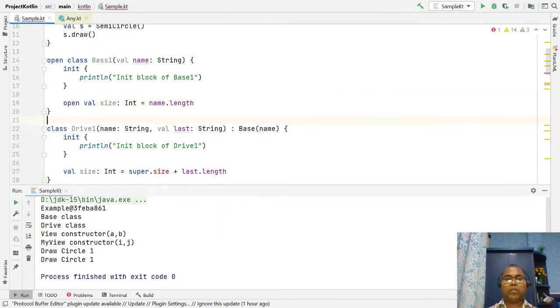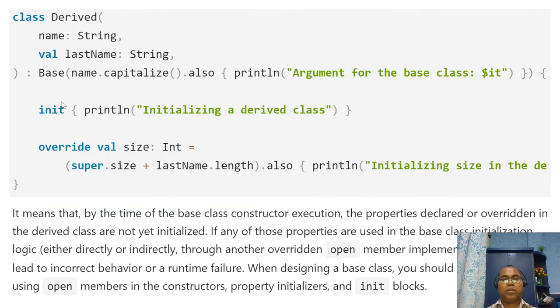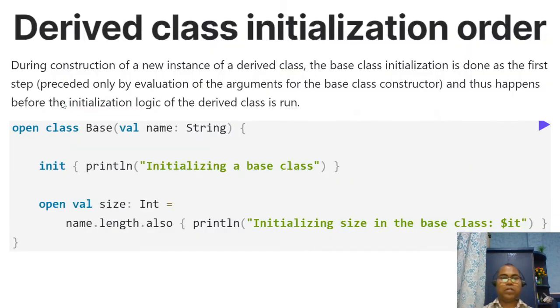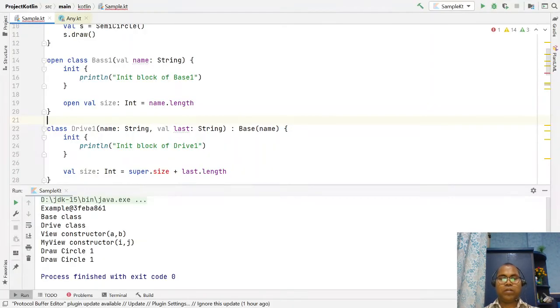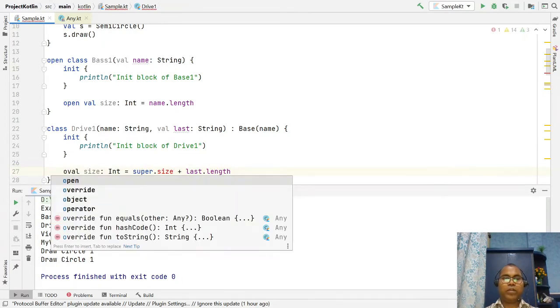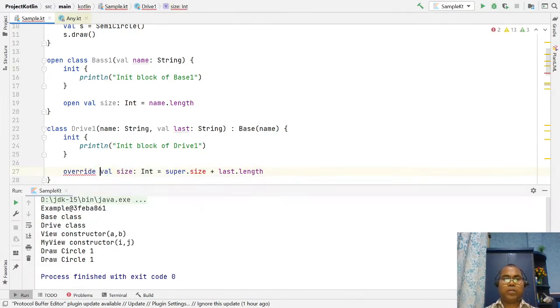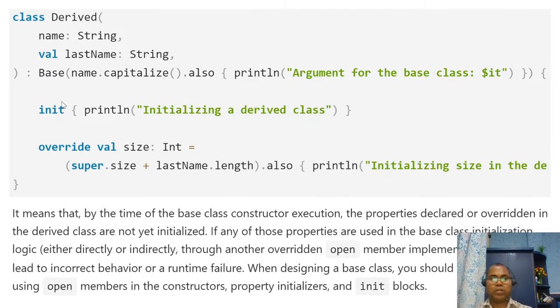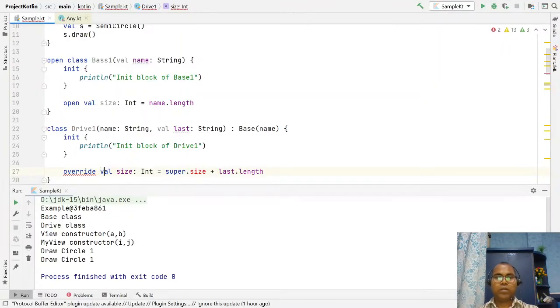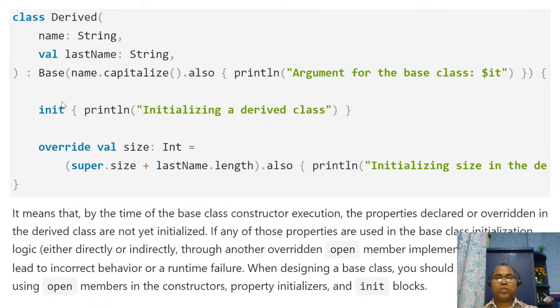You have to make it open. So here you have to say override.